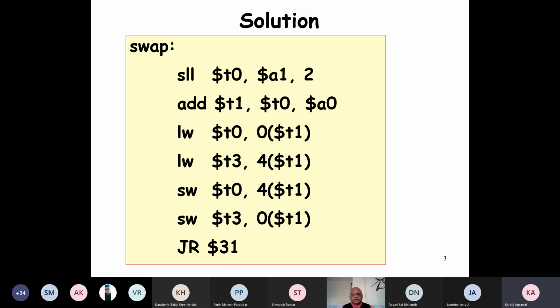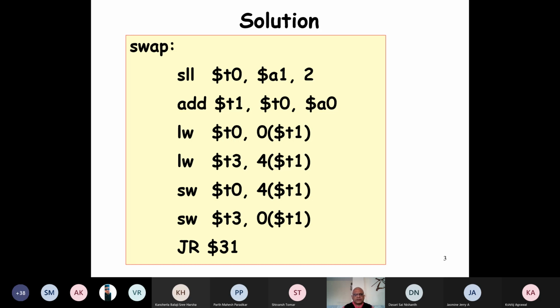Okay, very good. So basically what Kshitij says is that by doing these two instructions, the T1 register contains the address of the kth element of the array. Okay, good. So Kshitij, well said.